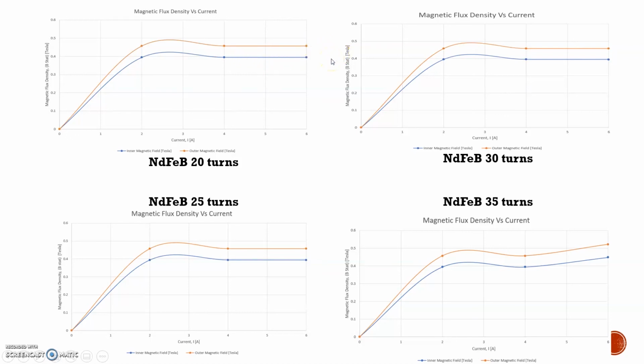This is because at this point the magnetic flux density has reached the saturation level. So even if we increase the number of turns or the current, the torque will never increase. And then we will repeat the process